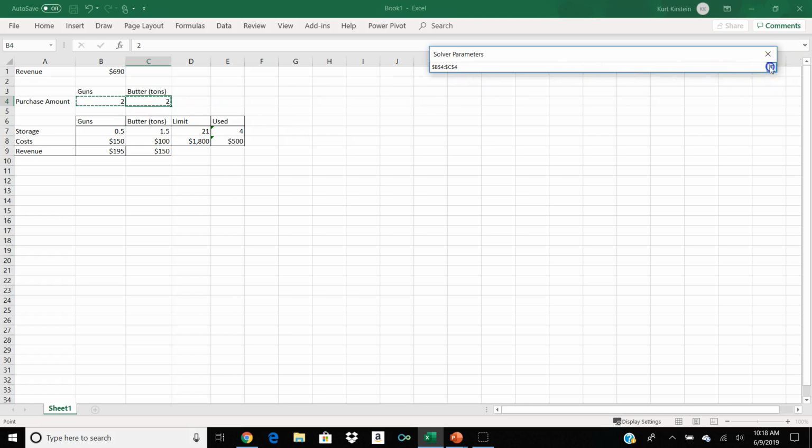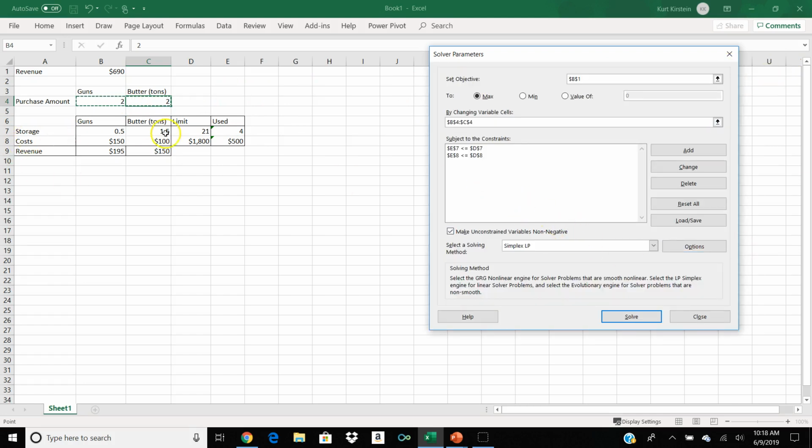C4, done. Okay. All right. I'll stop clicking on things. All right. So what we're saying, so you can see that here, right? We have column D and column E, and whatever is in column E has to be either less than or equal to whatever is in column D. So if we click on this one,